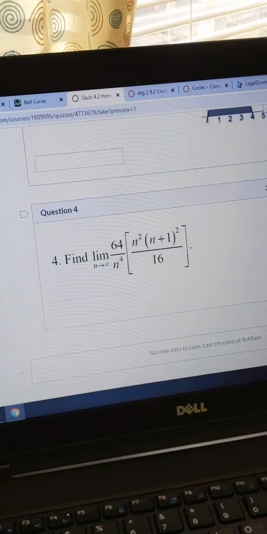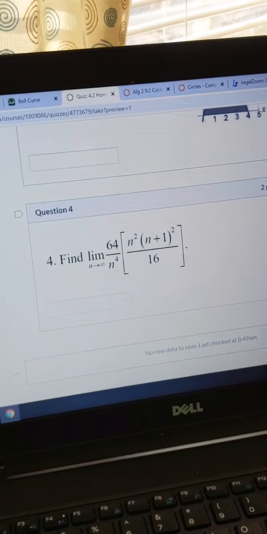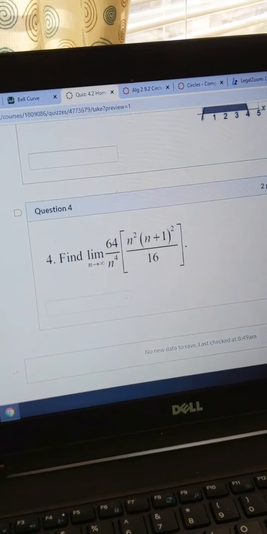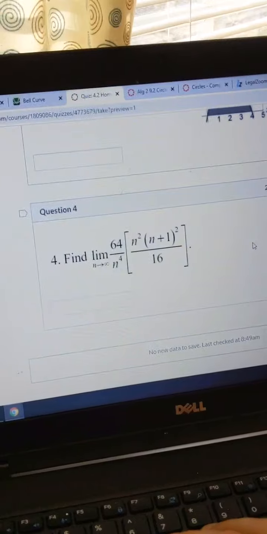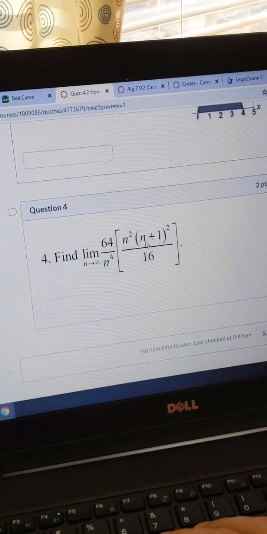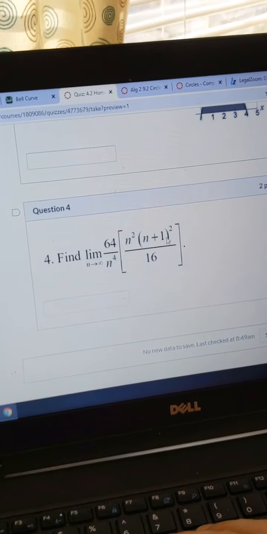All right, this last question here. A little trick, blast from the past here, the limits as it goes towards infinity. Remember the tricks with the limits towards infinity? If the degree is higher on the top,